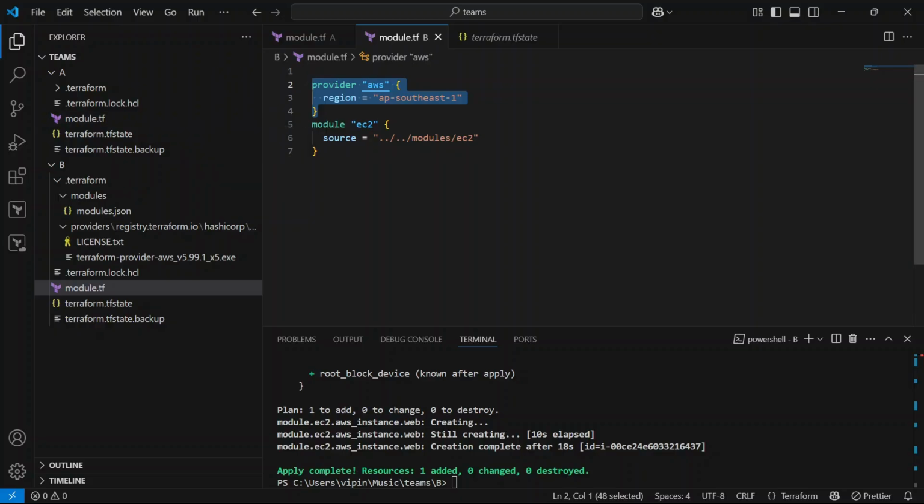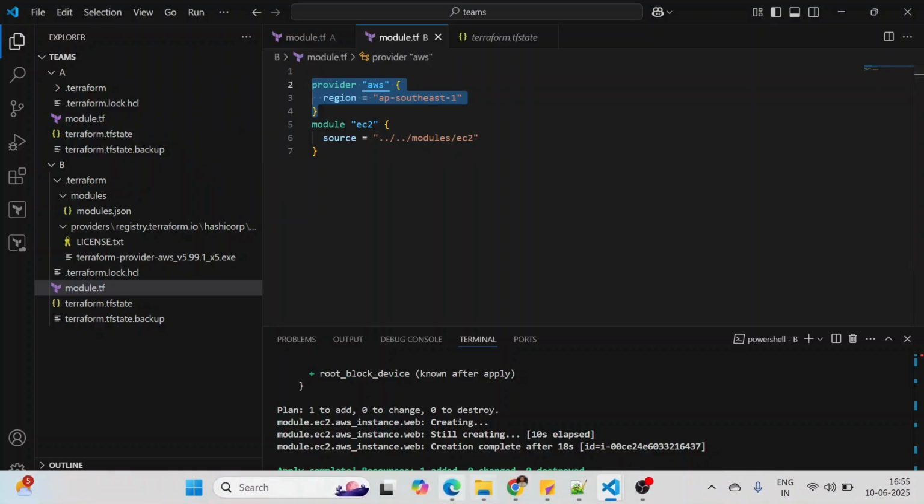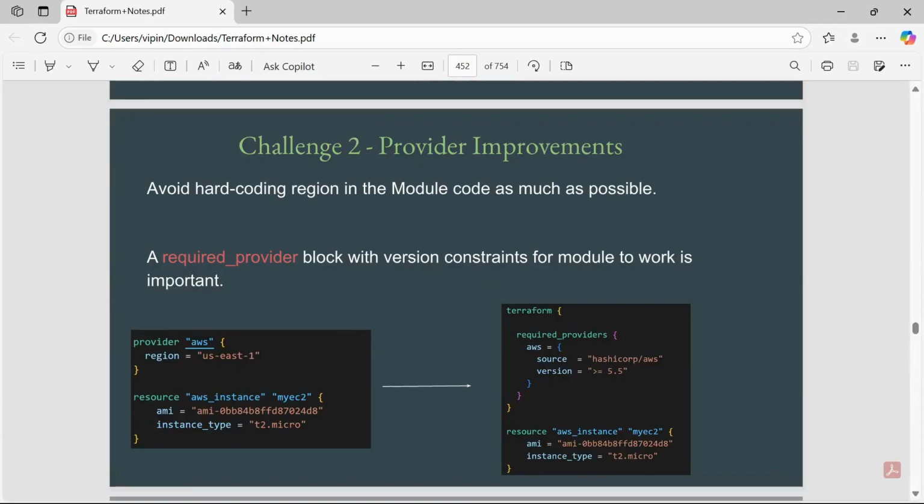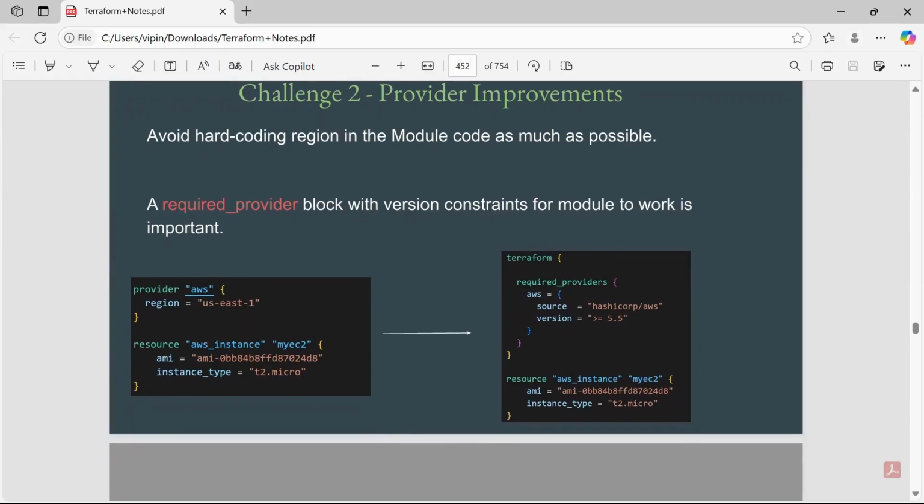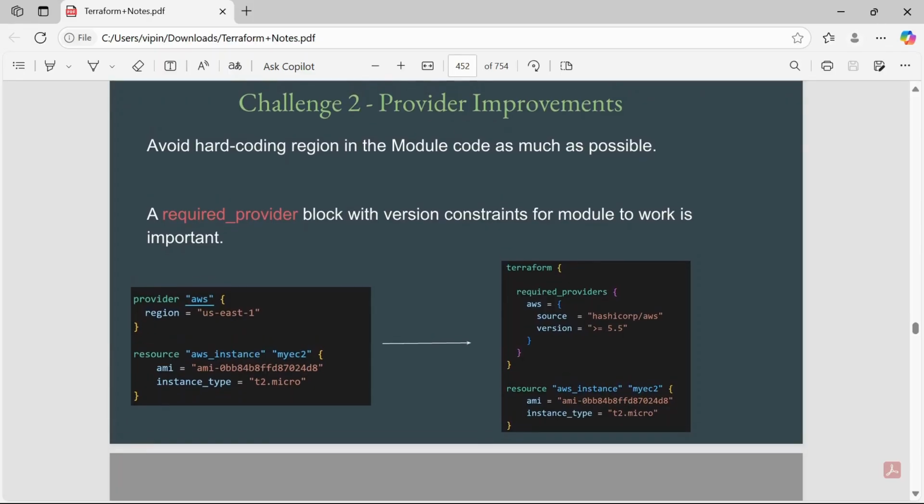That is the main use case and enhancement you need to consider whenever you are working on Terraform modules. And a required provider block is always required whenever you are working on a real time project in any organization, so that whatever configuration you have developed will not break anything, and will always be up and running and valid with whatever you have defined.